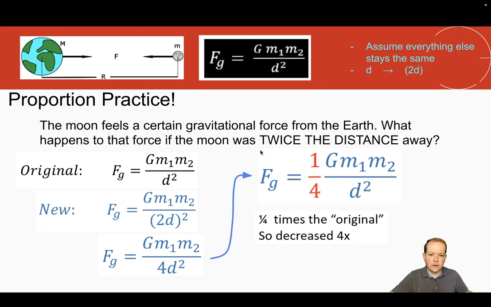What happens to the force of gravity if I've doubled the distance? You could compare the equations. In this one, the original, I have G m1 m2 over d squared. In the new one, let's look. The same thing, G m1 m2 over d squared. What is different in this equation? The difference is I have 1/4. Or you could look down here. What's the difference? I'm dividing by 4. That's the difference. So how would you answer this question? The force of gravity is 1/4 times as much. Or you could say the force of gravity is 4 times smaller.